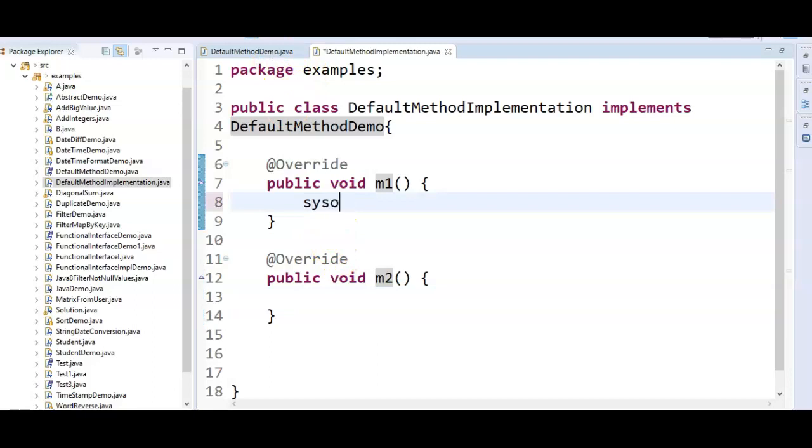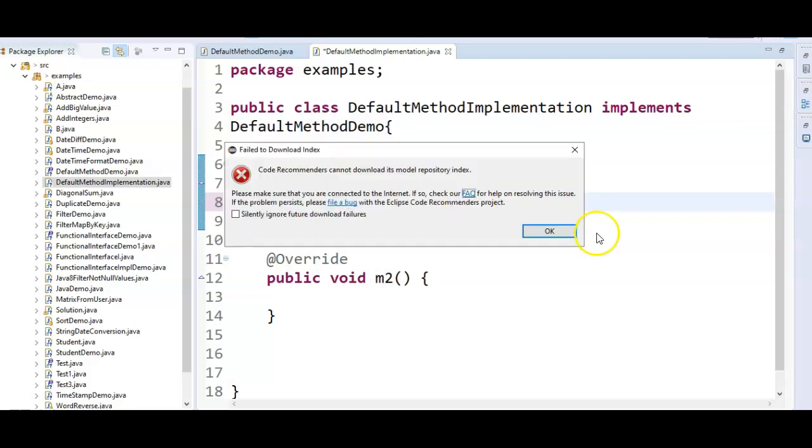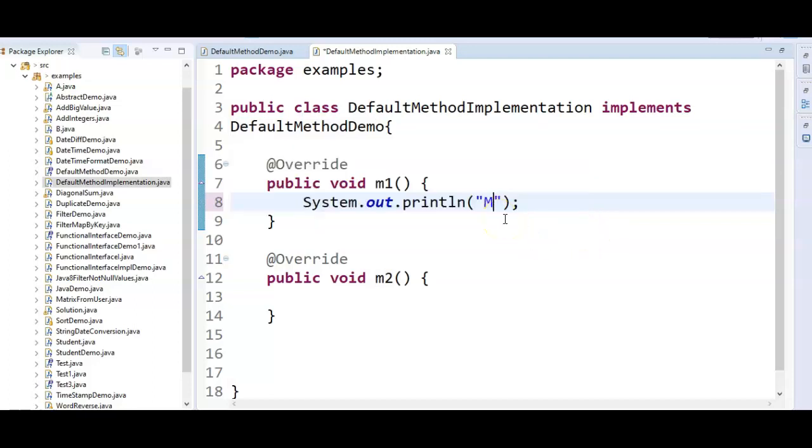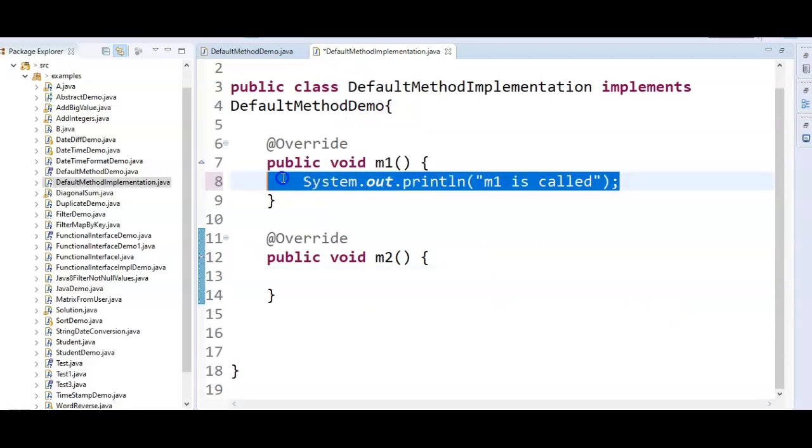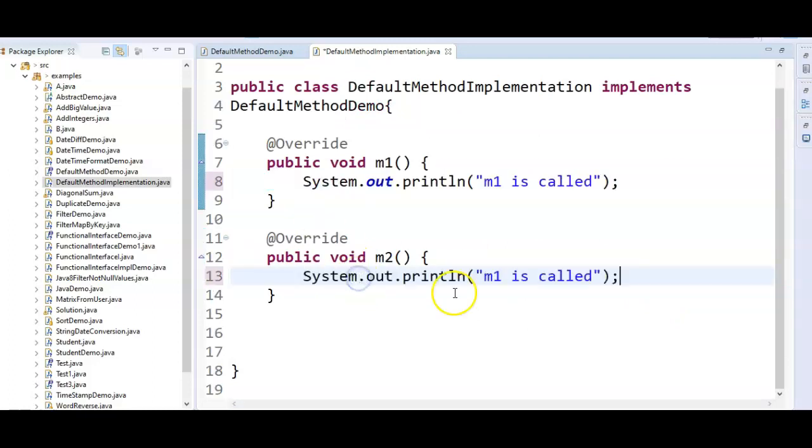So here, in m1, let's say System.out.println "m1 is called", and in m2, "m2 is called".